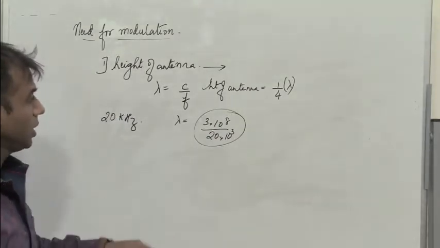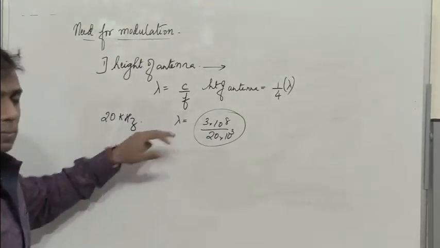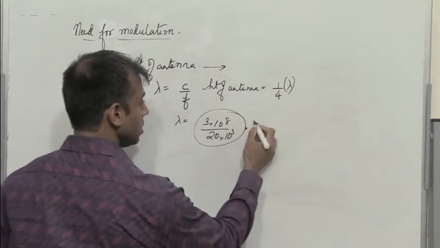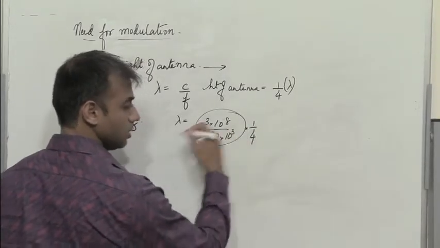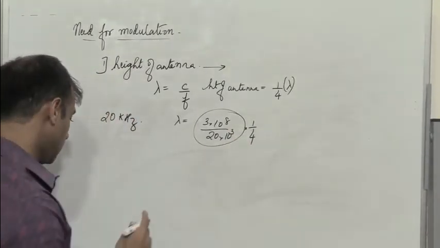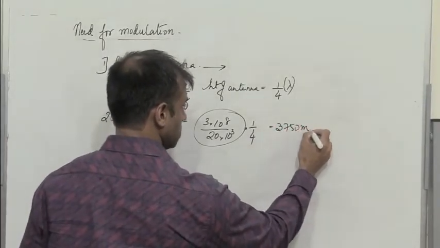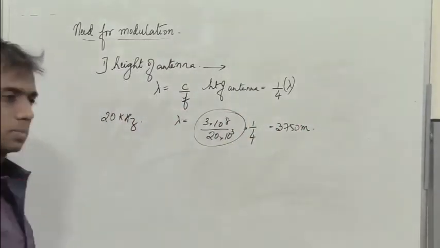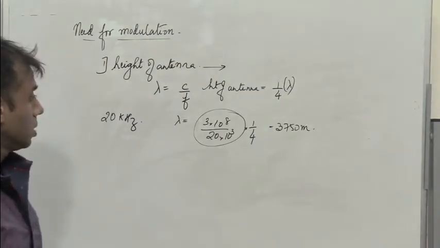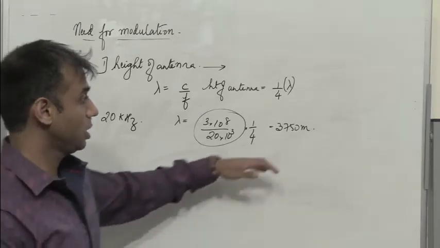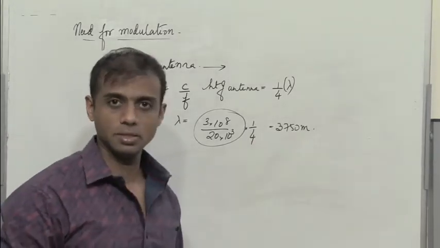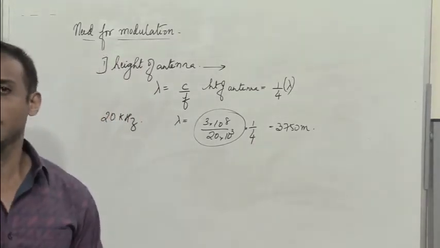What about the height of the antenna? It is just 1/4 the wavelength. If we calculate, we get 3750 meters. So the height of the antenna is 3.75 kilometers, or 3750 meters, and most of the information bearing signals